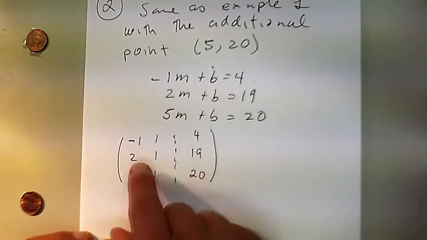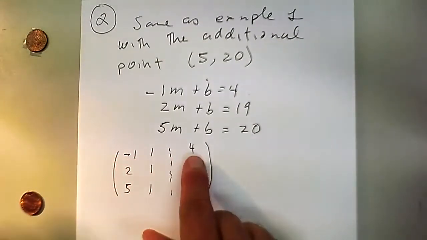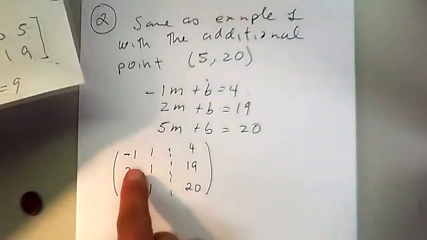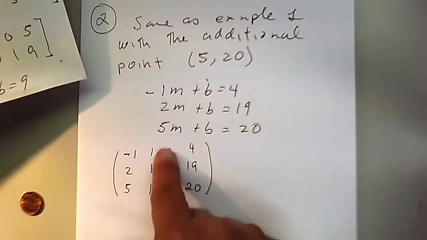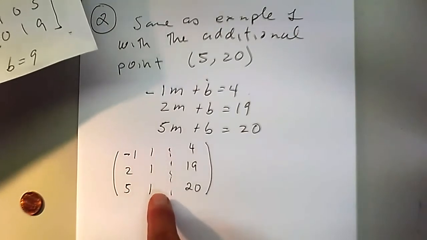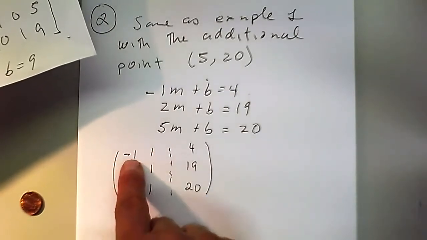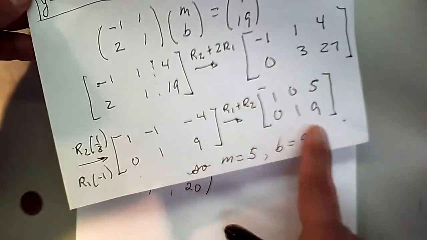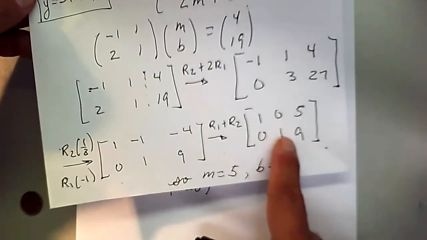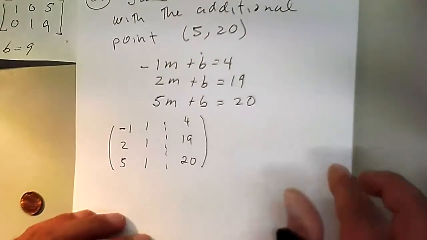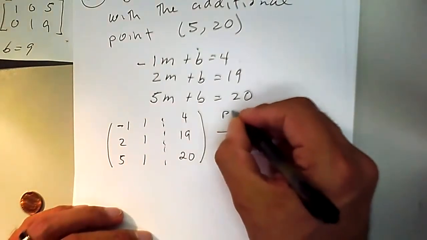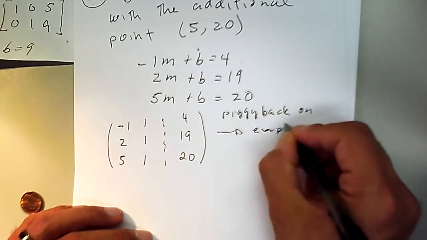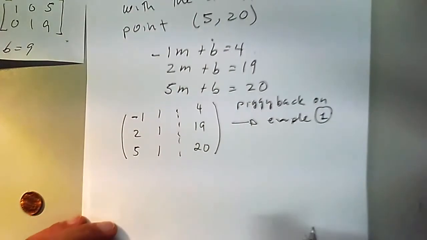Now I'm going to piggyback on example 1 because this row is the same as this row, -1, 1, 4. This dotted line is a little confusing to me, maybe not to other students, but anyway, -1, 1, 4, 2, 1, 19. So we can do the same manipulations, and we're going to piggyback on example 1 to obtain